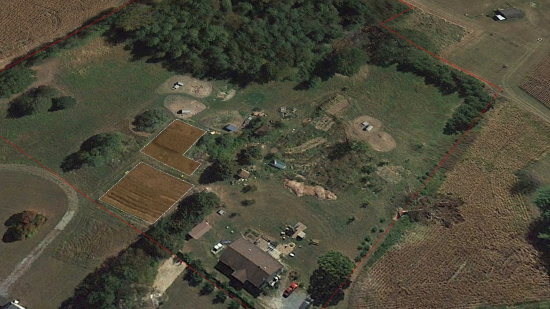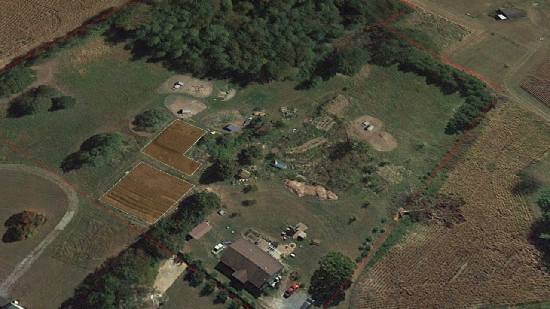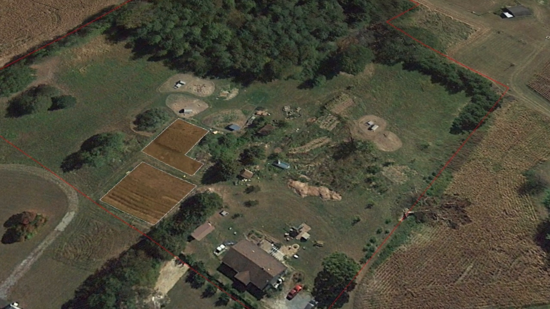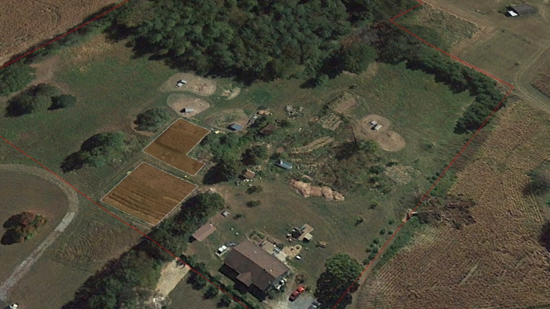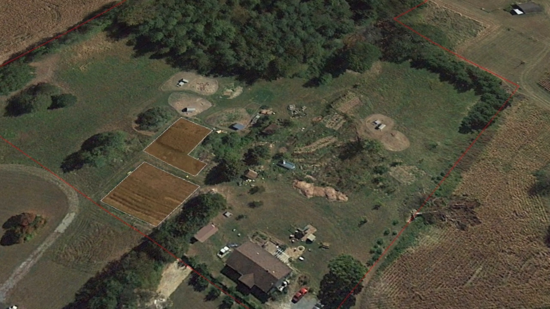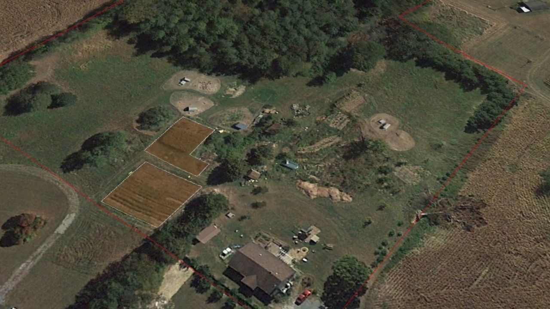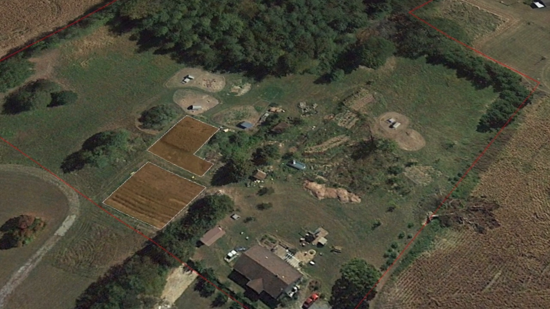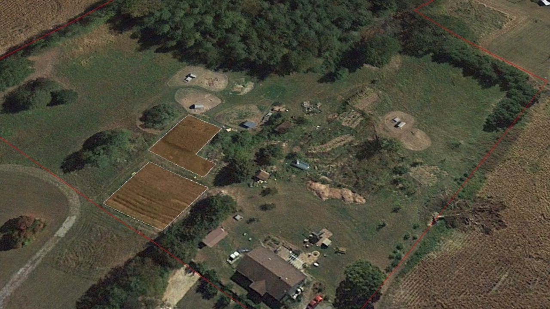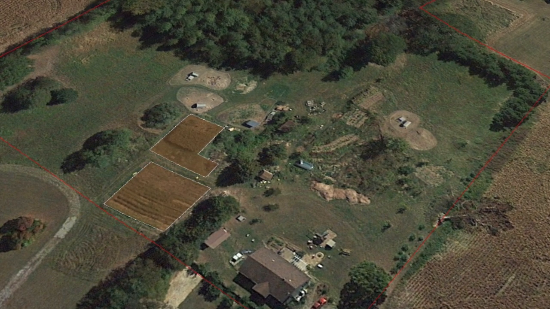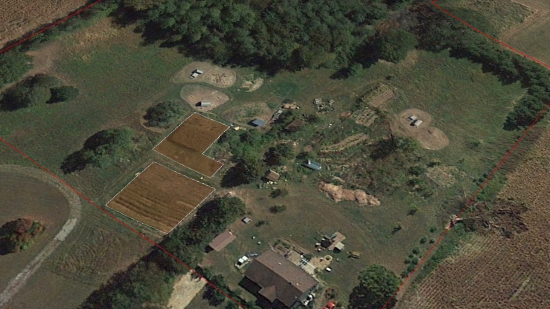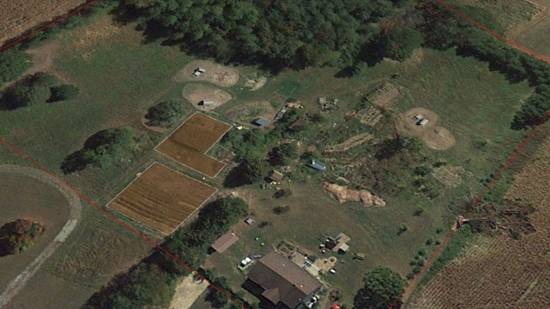But I like to focus primarily on our zones 2 and 3 in this presentation, because these are areas where there's a lot of work going on, and a lot of visits in here. So the first one is what we refer to as our main crop garden. Actually, we call it the St. Isidore's garden. Most of what we grow here, and you can see it to the left of your screen there,